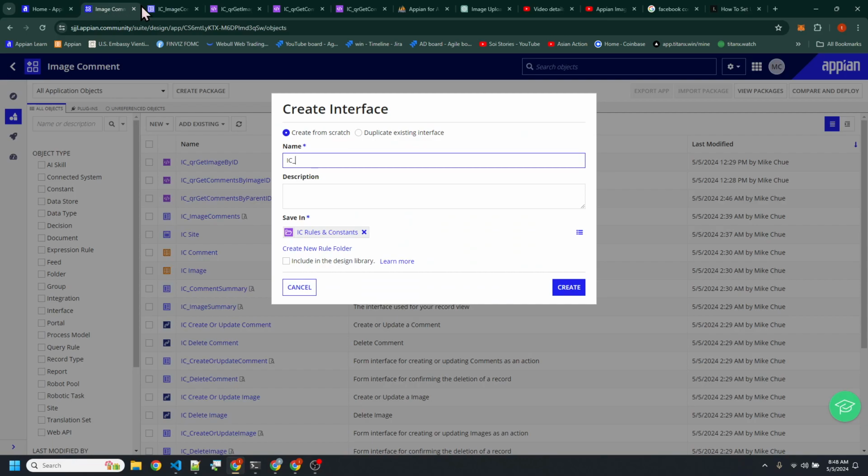So you can say, okay, I want comment and reply, right? Actually, maybe you want to display comment and reply, right? Or maybe as an interface, maybe it's just a comment and reply, right? Great. Create an interface from scratch.